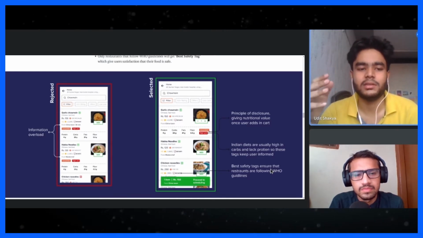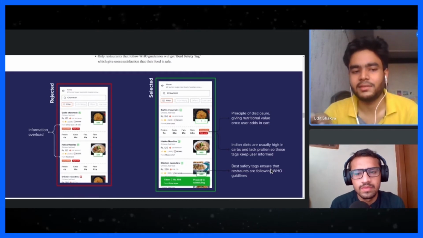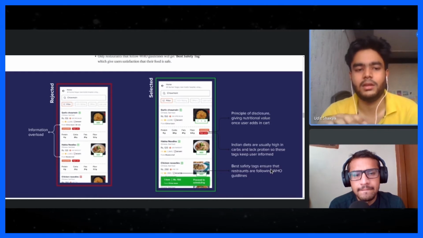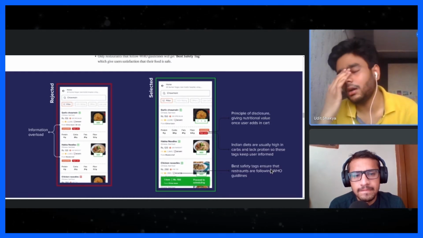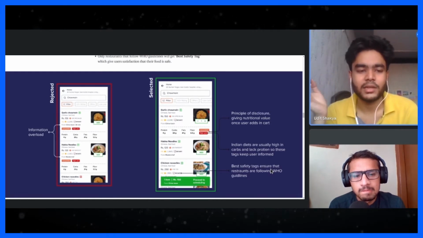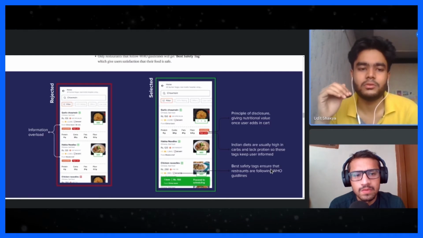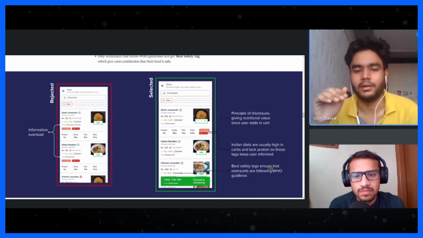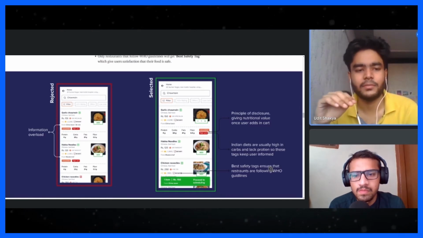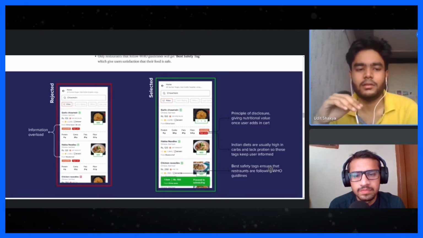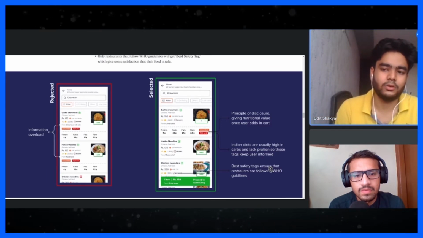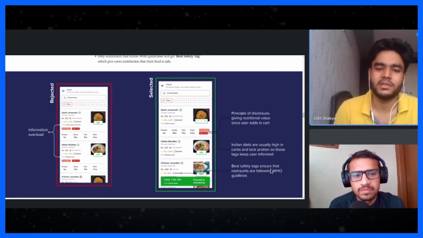In the rejected iteration, you can see that I had shown this information for literally every card on the browse page, but it's information overload for the user. Instead of helping the user choose better, it's confusing the user by showing all the information upfront. So I said okay, I'll show this information only after I know the user is interested in buying a thing.